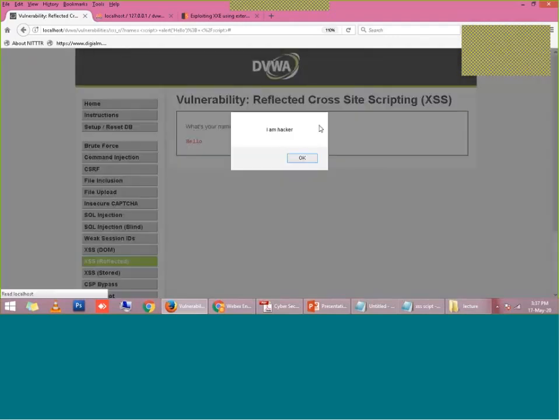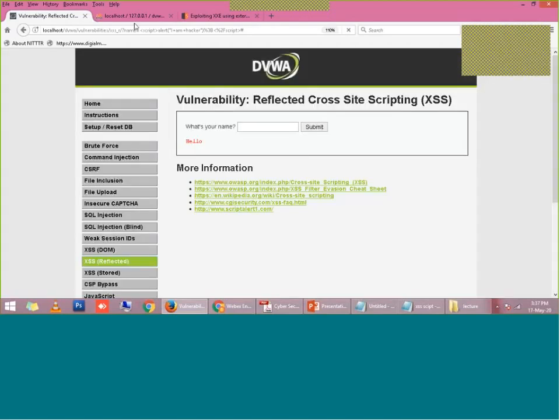So what I will do, I will write here in JavaScript, when the client submits, it will get a message that I am a hacker. It is not harming the website at all in the backend, right? But what we are doing, you can see in the address bar. In the address bar, we are putting JavaScript here.